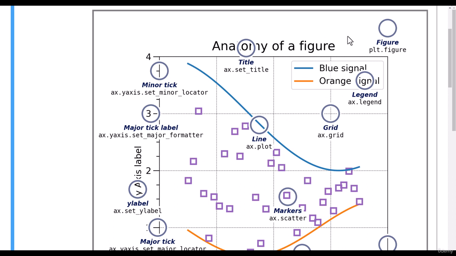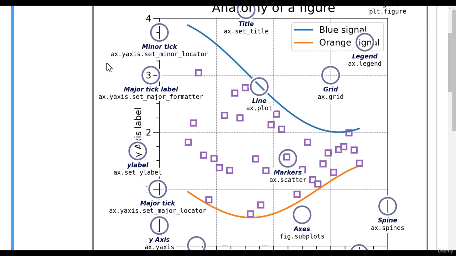And on the figure you have the title, which describes the figure. You can set this with ax.set_title. Ax is the axis. You know that this whole figure has its axis. So if you set ax.set_title, it will set the title for this particular axis. Similarly, you can set here